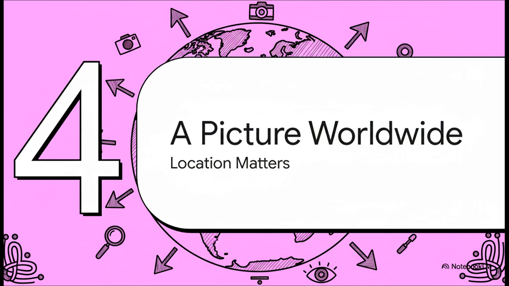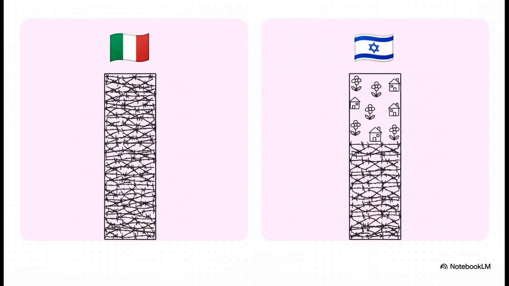But hold on, because it gets even more complicated. This picture Google is painting, it's not even the same everywhere you look. The algorithm's bias changes, sometimes dramatically, just depending on where in the world you're searching from. I mean, check out this contrast. It is incredible. If you did that search from Italy, nearly every single image, almost 100%, showed victims inside the atrocity. But if you did the exact same search from Israel, less than half of the images showed that same context. You're basically getting two completely different visual histories, all based on your IP address.